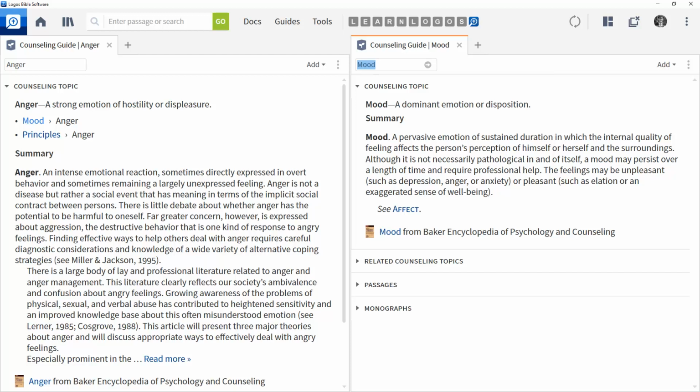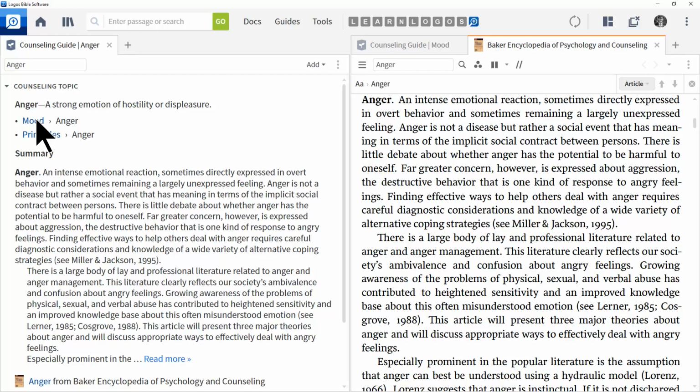Now you can get the full summary there inside the counseling topic section, or you can scroll down and click the book link and that'll open up the resource directly. Let's click the Anger book link as seen here. Our resource has opened at the right, and now we can read the article within the actual resource. Now let's go back to the counseling guide at the left,